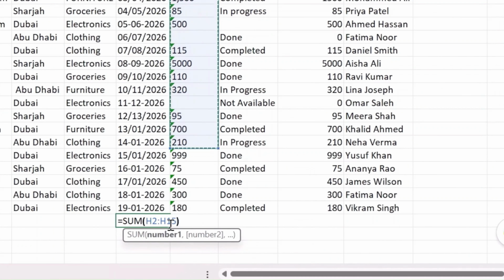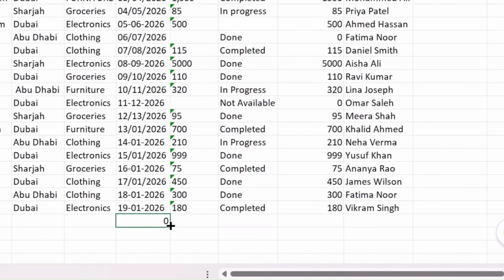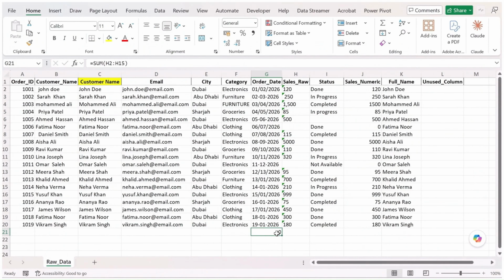Okay, and I'll do an enter over here. You see the value which is 0, but we can see the value is available over here. However, the result is showing as a 0, which is incorrect, right? So to streamline this, to ensure that we are changing this formatting completely over here, go here, click on this